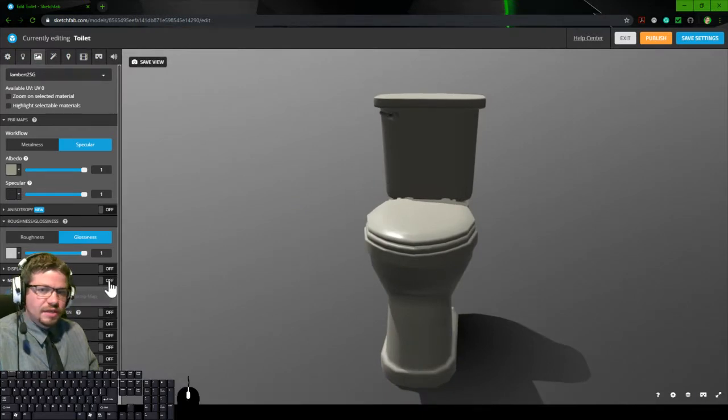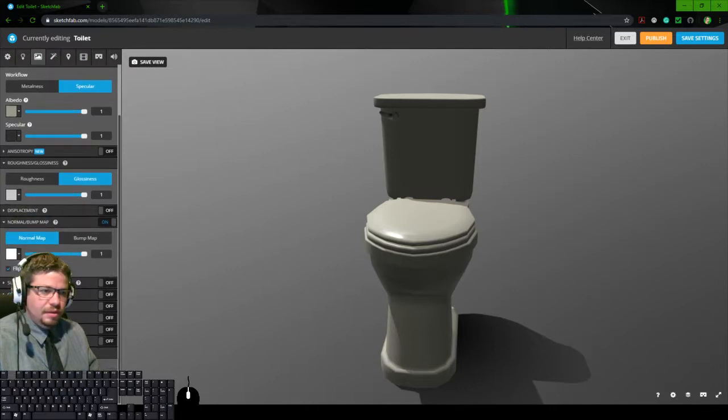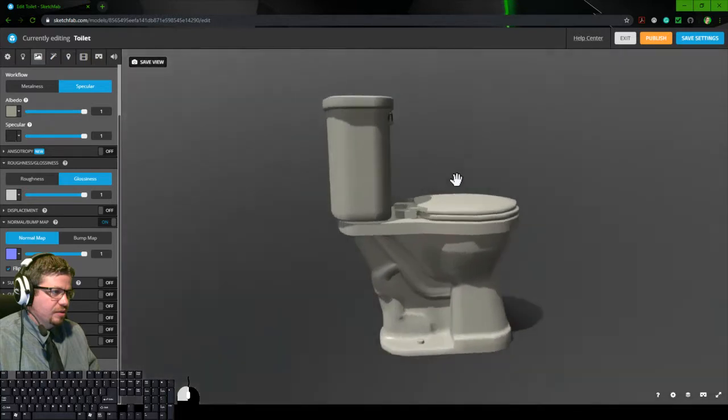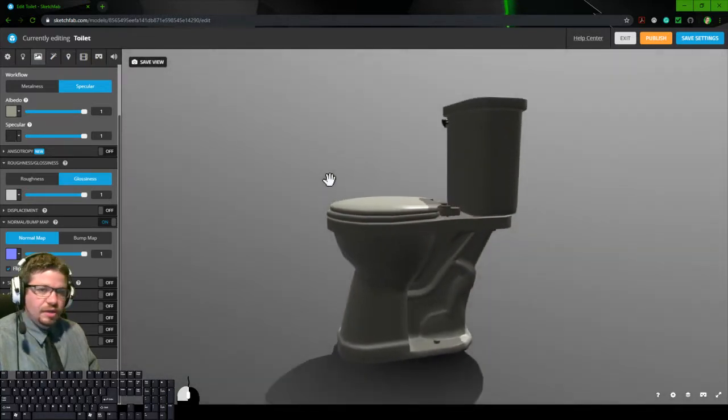I'm going to turn this on, and click on here and then just choose texture and select normal. And now I've got all of my maps on here that I wanted to include,